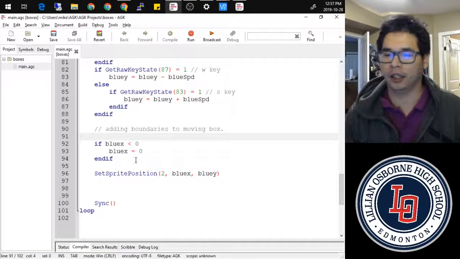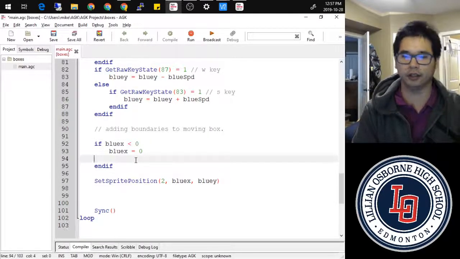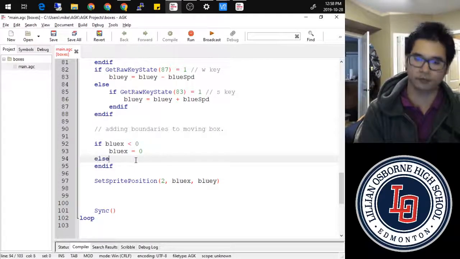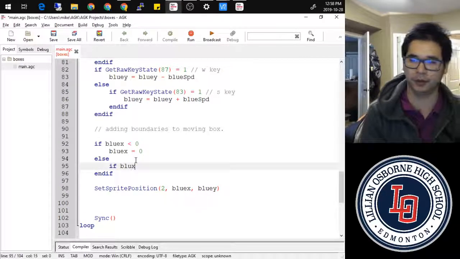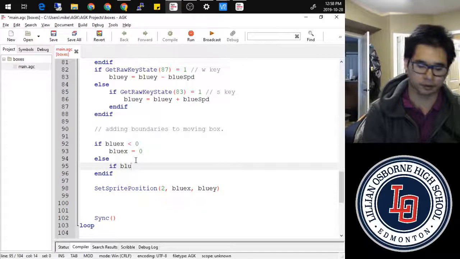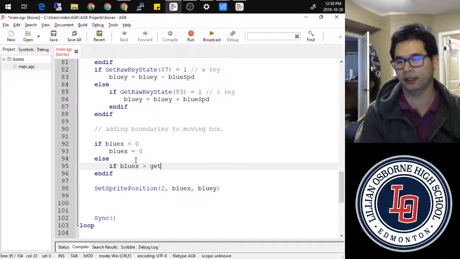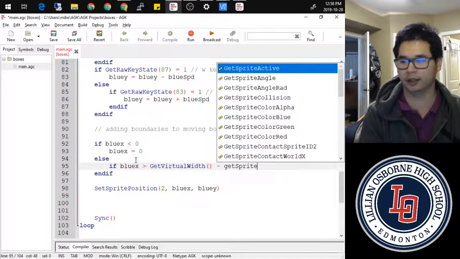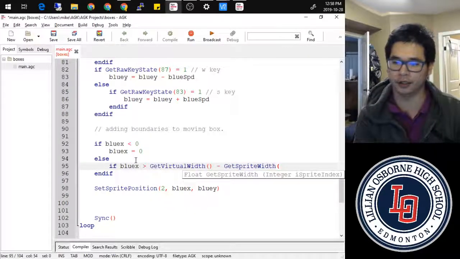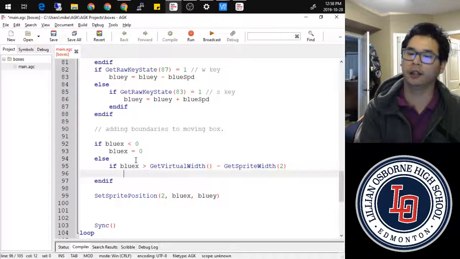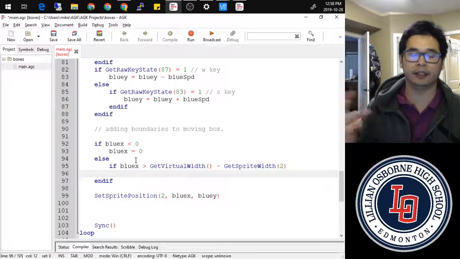So I can then go ahead and in here, I'll just make an else. If blue X is greater than get virtual width minus get sprite width of sprite, this is sprite 2, then I want it to set it so that it is at that very edge.